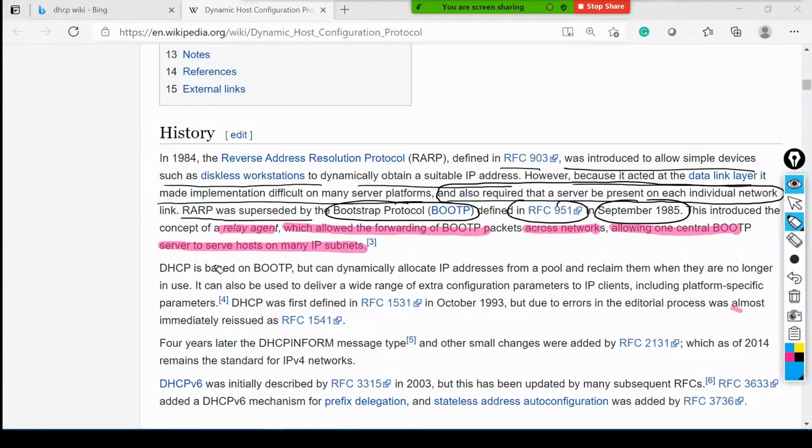They introduced the DHCP, and by using the DHCP, what happened? I can provide the extra configuration, right?